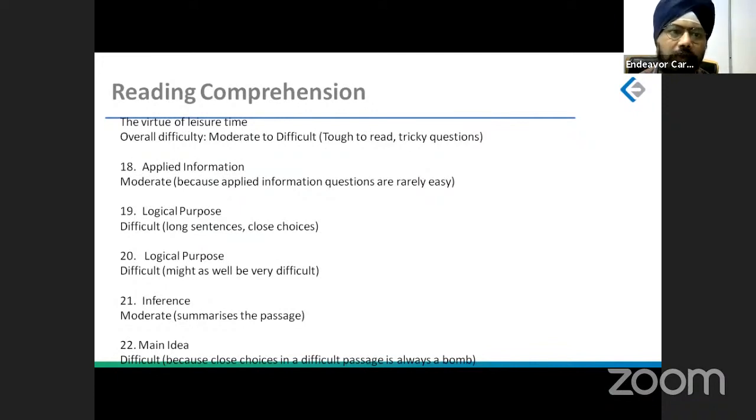Similarly, very tricky questions. And the first question itself is an applied question. I have an applied information question. I have one more applied information question coming in the next passage. So applied information, the author is likely to disapprove which of those cases, and for that you have to understand the whole passage